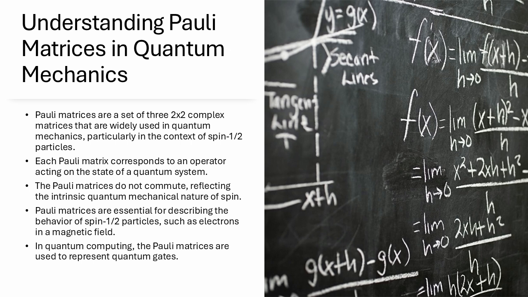Wow. It's incredible to think that these seemingly simple matrices, these arrangements of numbers, hold the key to unlocking so much of the quantum world. I know, it really is. Their elegance and power really lie in their ability to capture the essence of spin and its intricate relationship with other quantum phenomena. So as we wrap up our exploration of Pauli matrices, what's the biggest takeaway you want our listeners to remember? I think the most important thing to realize is that Pauli matrices are not just abstract mathematical objects. They're fundamental tools for understanding the nature of reality